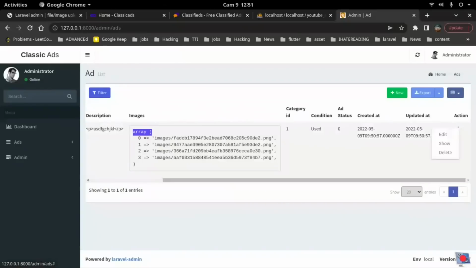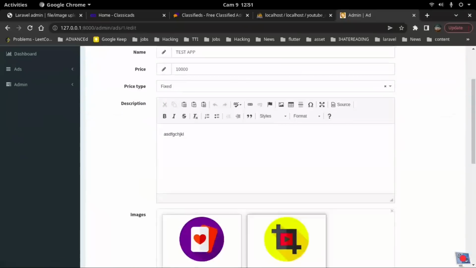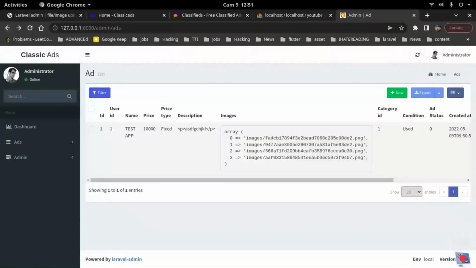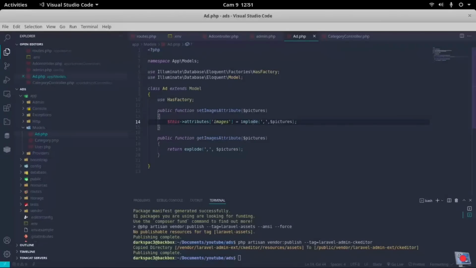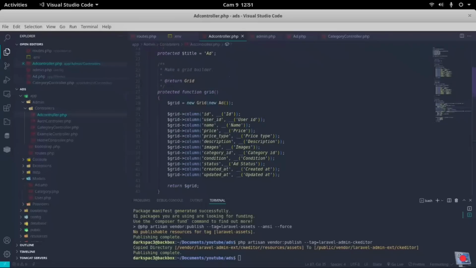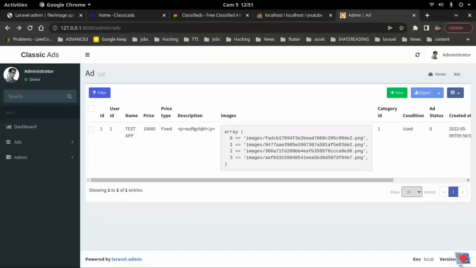What I want to do is that basically when someone clicks edit, they will see the images for themselves instead of actually seeing the images over here. So allow me to do this. Allow me to remove, I'll go back to grid. Allow me to remove images for now at that point. Okay,